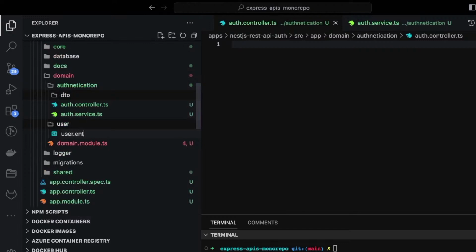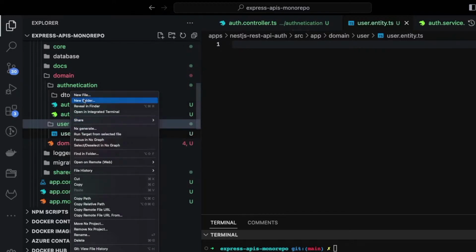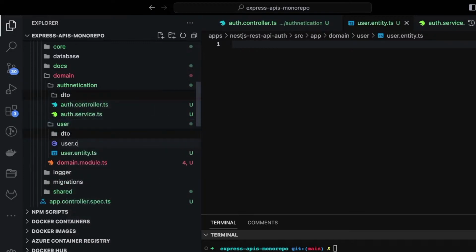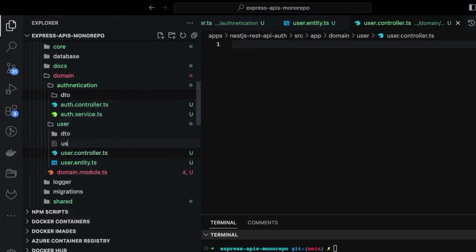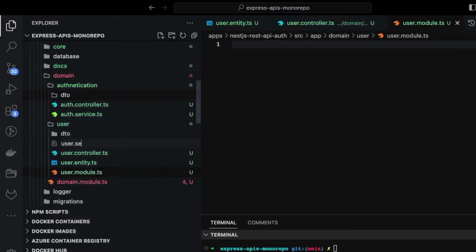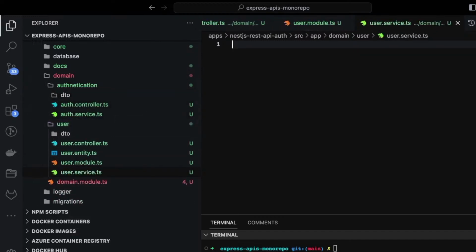So here it will be user.entity.ts. User will also have a DTO folder, and then we will add user.controller.ts. Okay, user.module.ts. User.service.ts, that is the last file we have. Okay, similarly inside auth we are going to add lots of other things. First of all, I think we forgot the auth module,